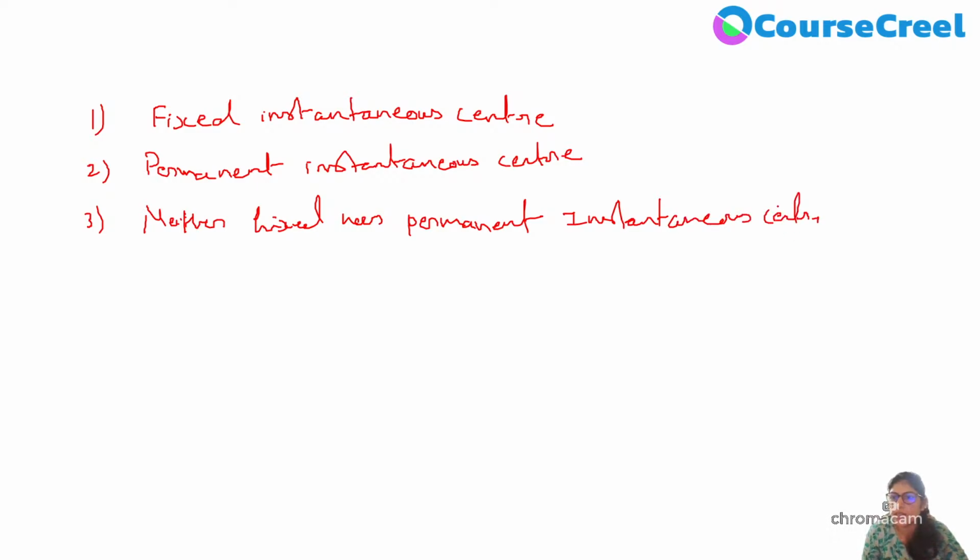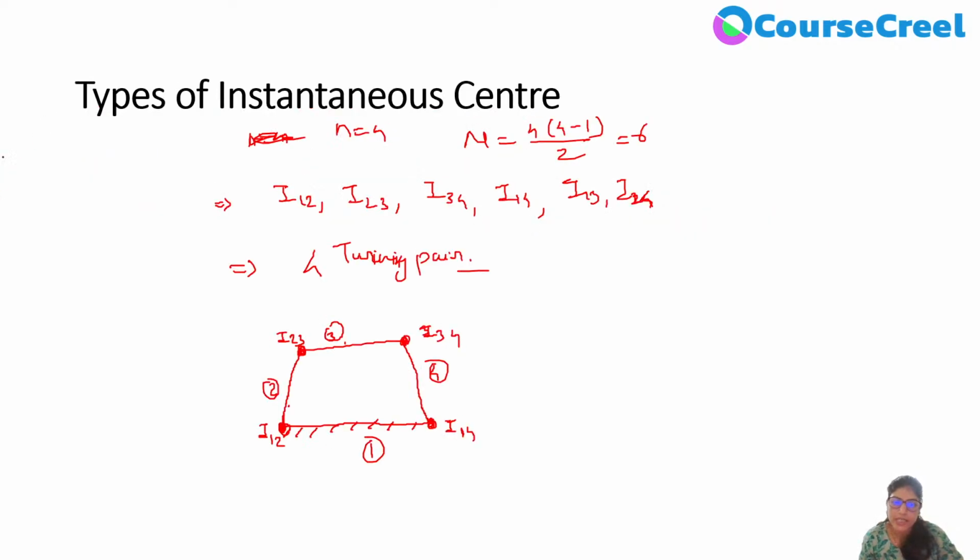तो ये 3 तरह के इंस्टेंटेनियस सेंटर्स जो हैं वो हमें यहाँ पे डिफाइन करने हैं. तो फर्स्ट वी विल डिफाइन फिक्स्ड इंस्टेंटेनियस सेंटर. सो फिक्स्ड इंस्टेंटेनियस सेंटर इज व्हाट? वेयर द लिंक इज फिक्स्ड. तो कौन सी लिंक फिक्स्ड है? हमारी लिंक 1 इज फिक्स्ड हियर. तो इंस्टेंटेनियस सेंटर विच आर फिक्स्ड